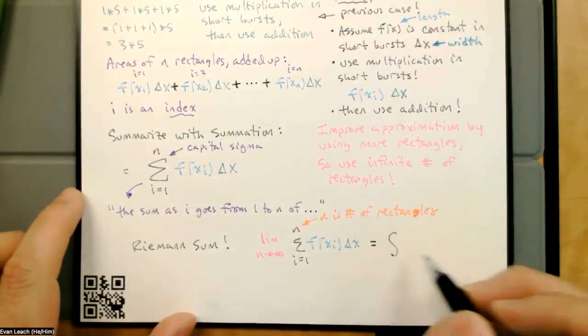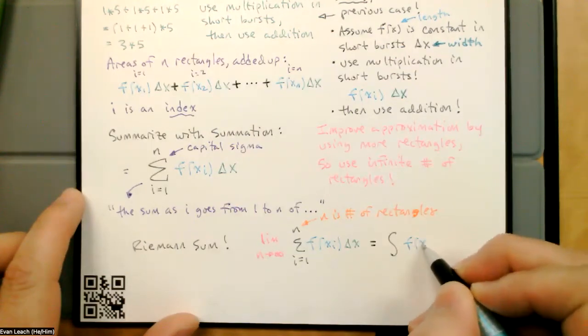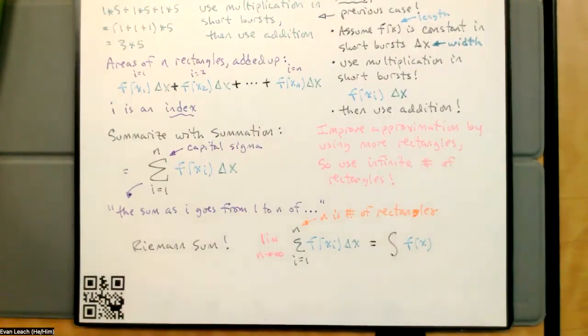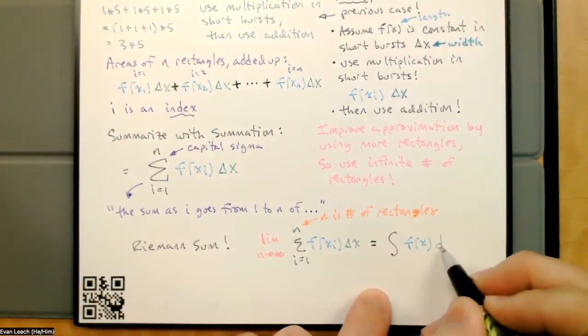And what we're doing is the integral of f of x. Notice that this f of x is the continuous f of x, no longer indexed. And our delta x, our width, since we have an infinite number of rectangles, is infinitely thin. So we stop using this delta x because that's too big, and we say it's dx, just like we did